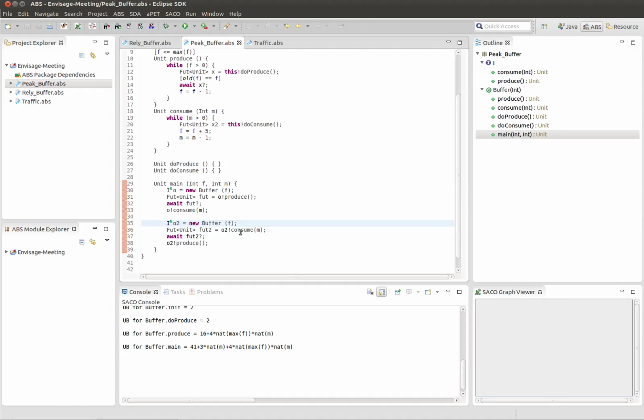In this buffer, initially we invoke consume, and we await for the termination of consume before invoking produce. But though we await for the termination of consume, we don't know if the invocations to doConsume terminate or not, because they are not awaited. Okay, so now